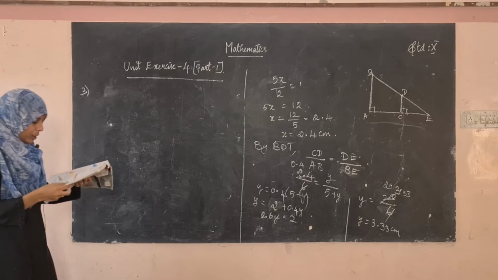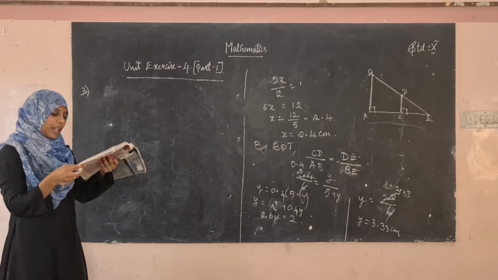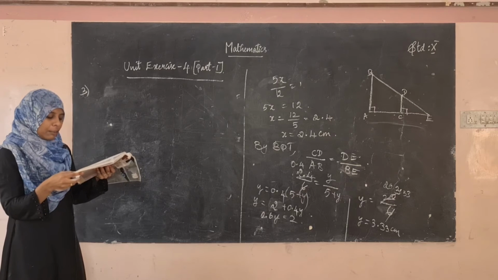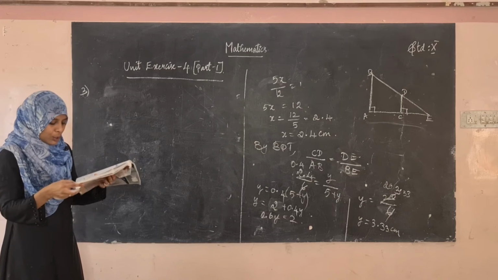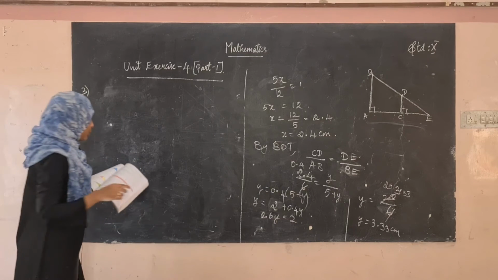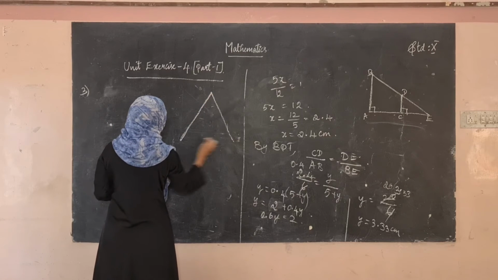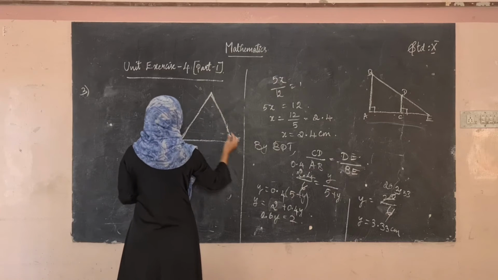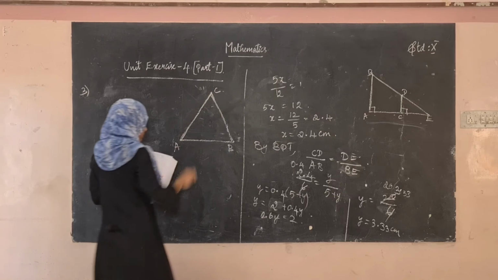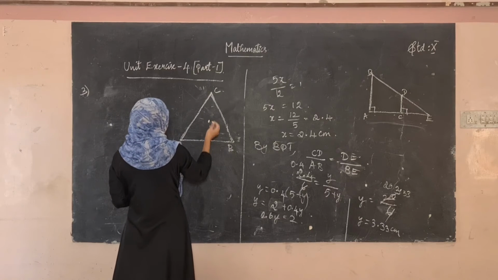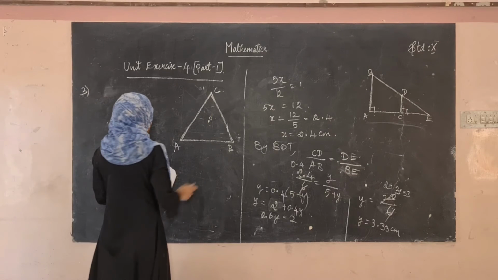Okay, see in the third one what's given. O is any point inside a triangle ABC. The bisectors of angles AOB, BOC and COA meet the sides AB, BC and CA at points D, E and F respectively. Show that... they have given a condition, we have to prove that. Okay, so there is a triangle at first, A, B, C. O is any point inside the triangle. Now let that be O.